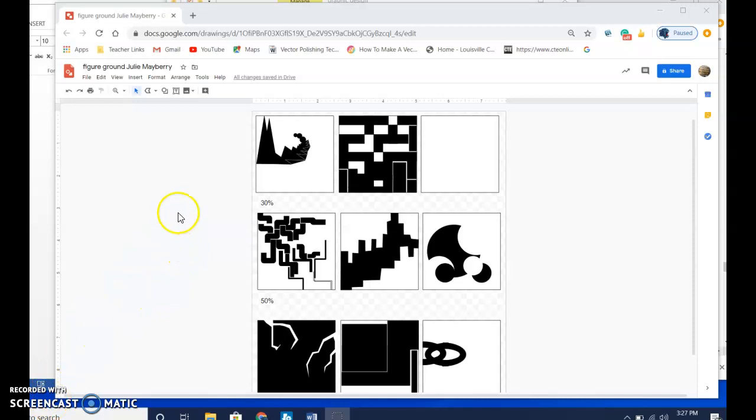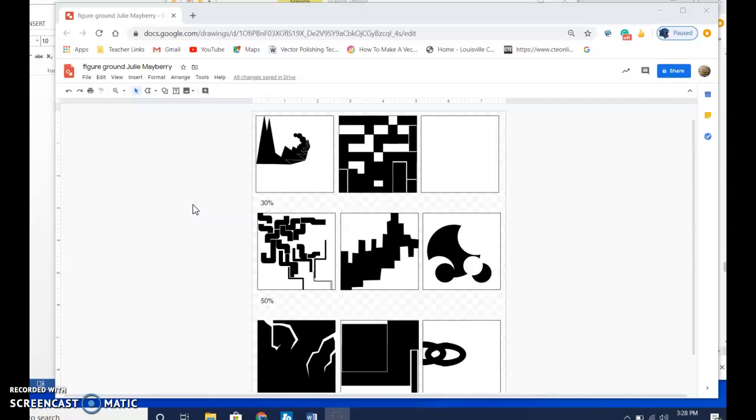So I wanted to walk you through some of the things that you can do. I can't go through and give a demo on every single one because there are no restrictions for this. You can use any shapes, any lines. So there are so many different variations you can do. It's just going to be a matter of getting in there, starting to make your shapes, being complicated with them,